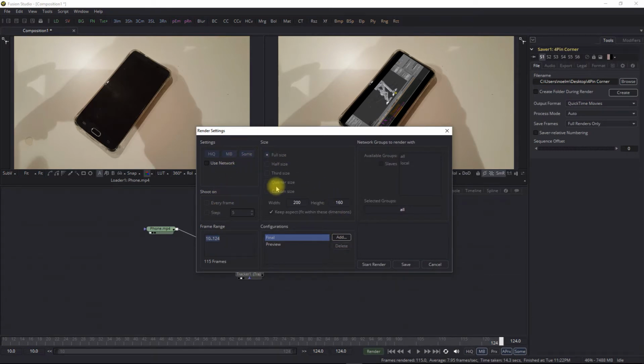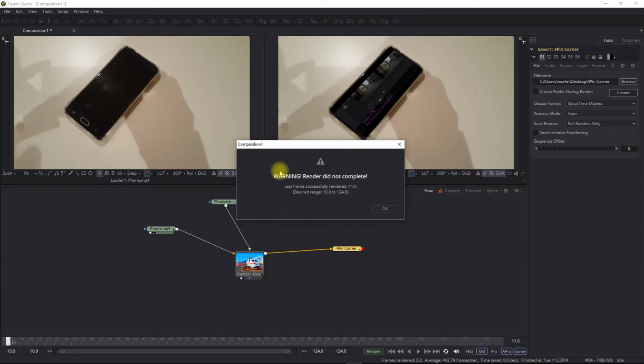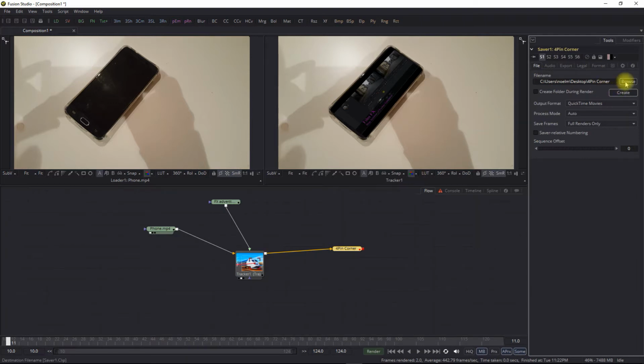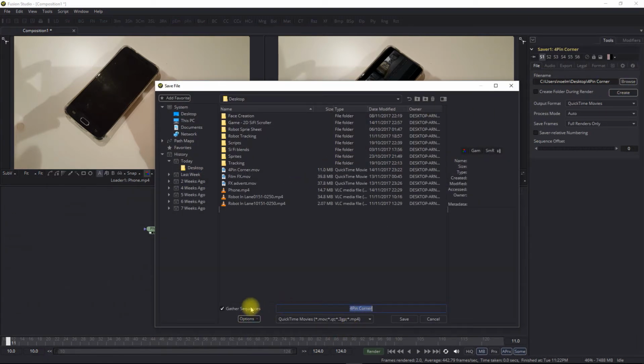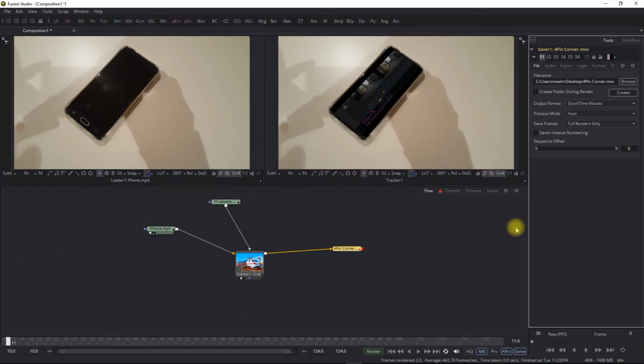So I get this window here, so we don't need to change any of these settings, we just need to hit start render. Okay, so it's giving me a warning saying it did not complete the render. I'm going to hit OK, and the reason for that is very simply this. Let's go back to my browse window here. So I want to output it as a .mov, but I haven't actually put in the file extension, so it doesn't know what to render it as. So I'm putting in .mov. I'll hit save. Do I want to replace this file? Yeah, we'll replace that file. And now up here it says 4-pin corner.mov, and now I can hit render,